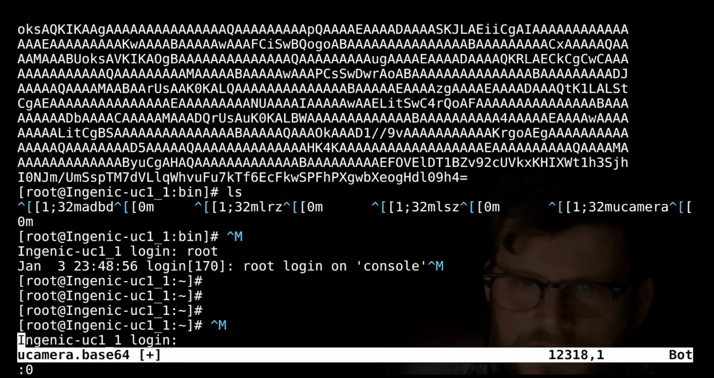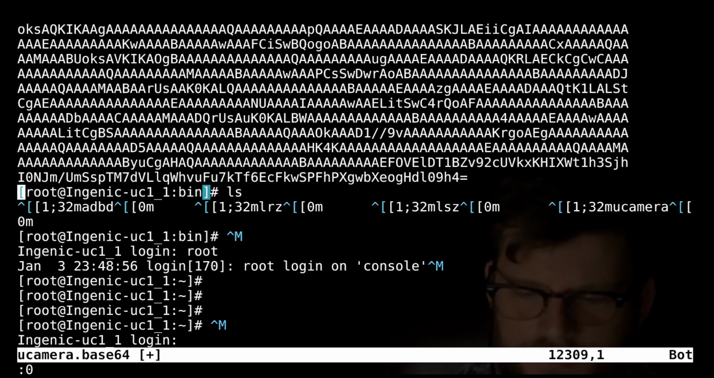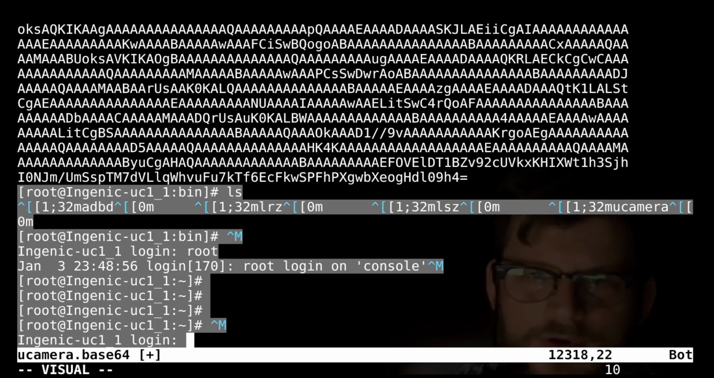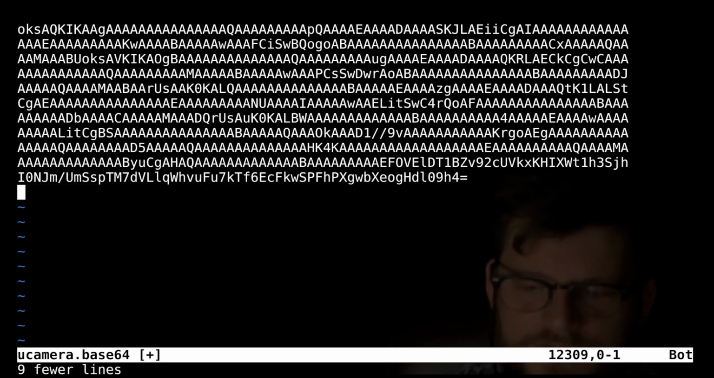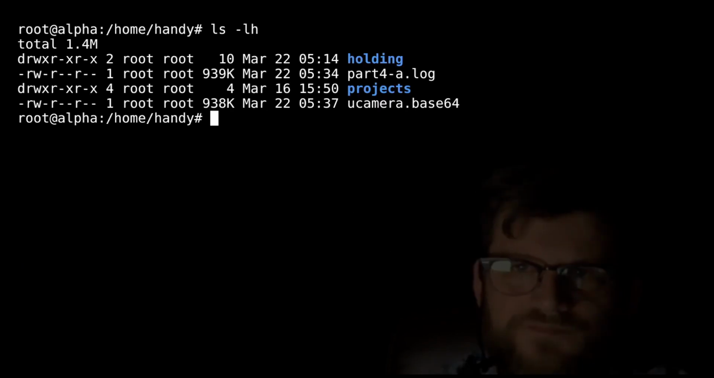Then doing a Shift G. And we're going to go to the bottom of the file. Yep, that's right. I'm using visual mode and hit delete. And then lastly, I'm just going to clean up that last character. We're going to write and quit. Now we have our